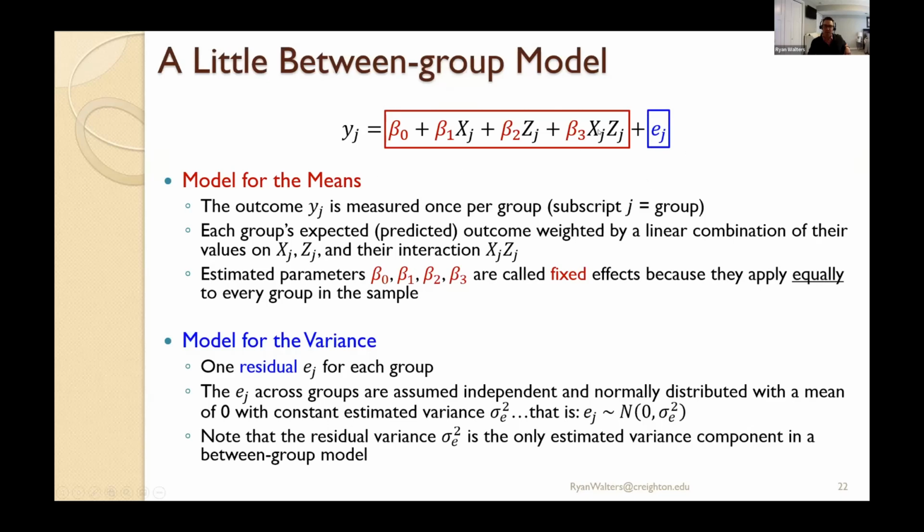So how far off was the predicted value from what was actually observed? Those residual values, we're going to collect them, look at their distribution, and make assumptions about them. Here, the residual values are assumed to be normally distributed with a mean of 0 and some constant, or homoscedastic, variance. That's it. So those are your residual assumptions.